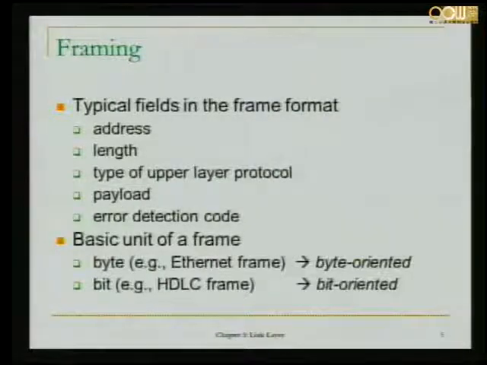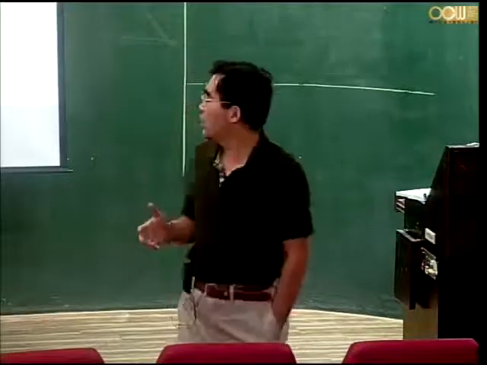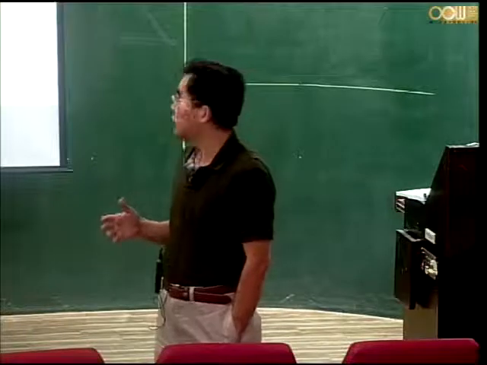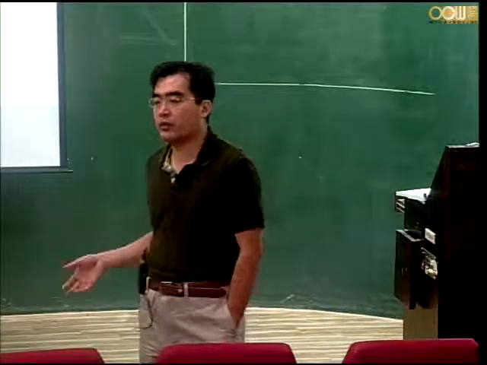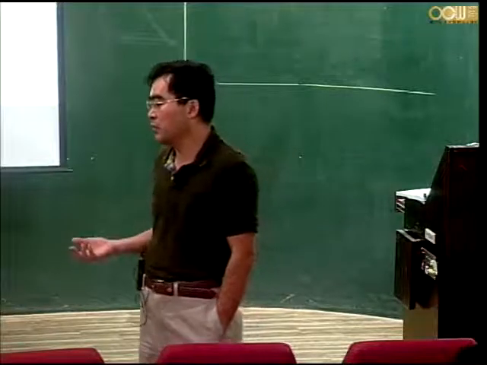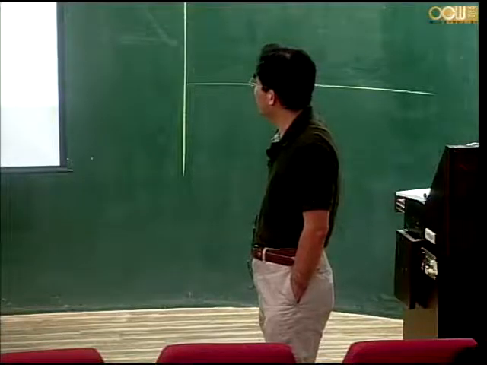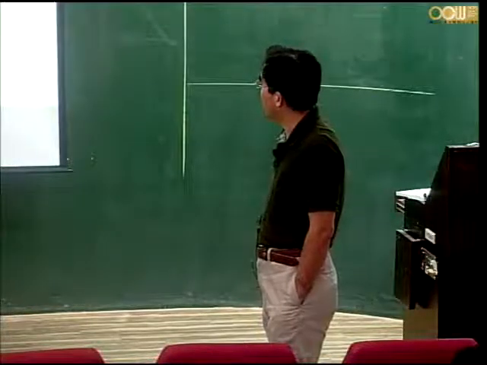Okay, so let's talk about framing. The first issue for the link layer: the transmitter needs to somehow signal the receiver the start of the frame, the end of the frame, and what fields, what attributes are in the frame. The typical fields in the frame format will be address, length, the type